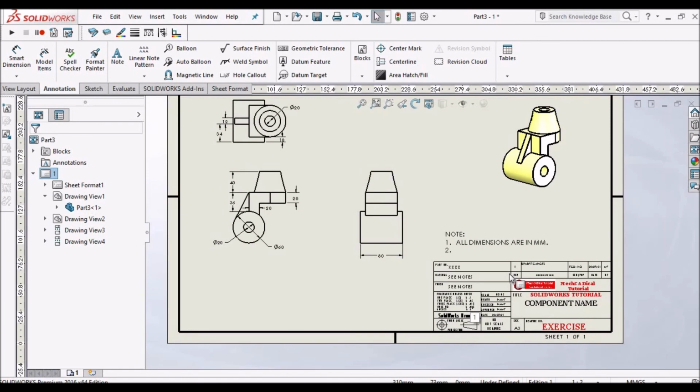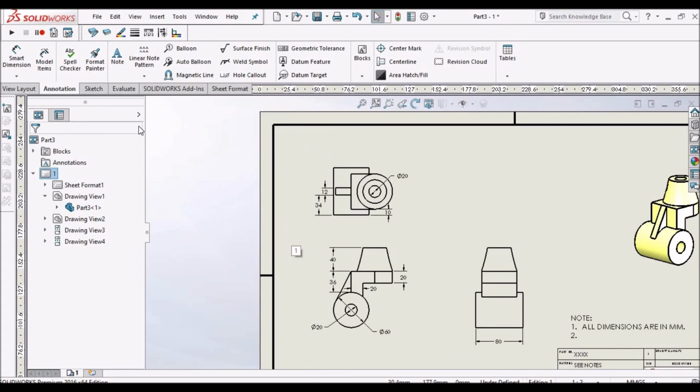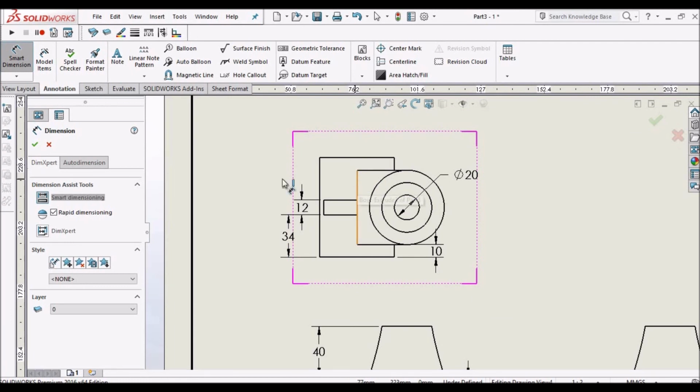So we have covered all the dimensions. So this distance is not mentioned here, so we have to show like this. This is 60.